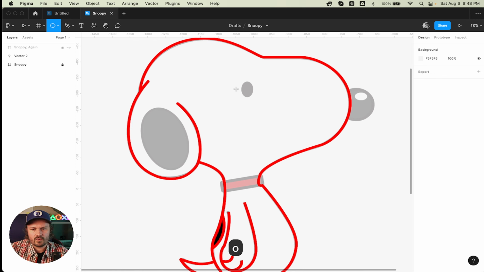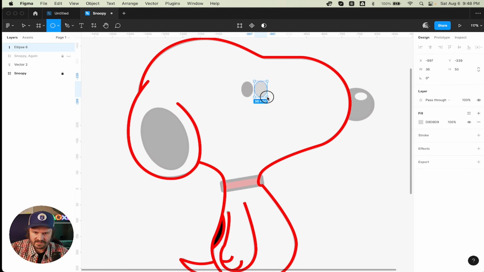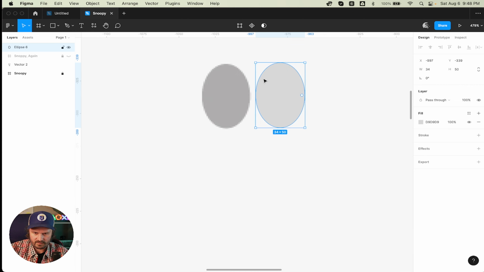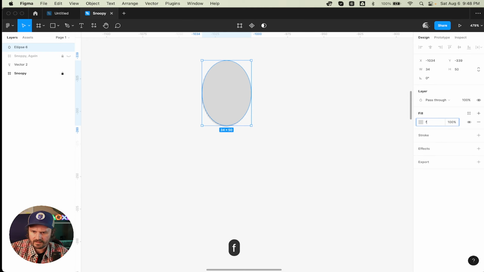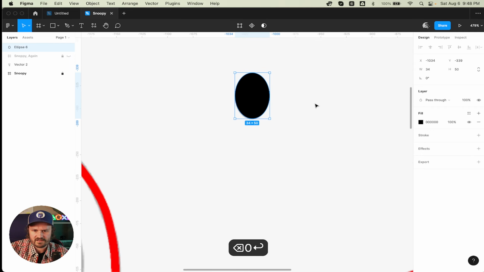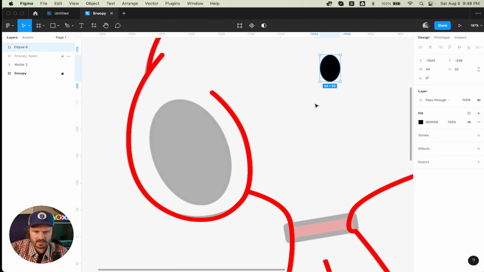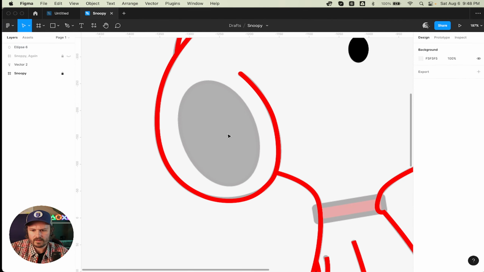I will press O to select my ellipse tool, and I'm going to draw it off to the side first. I want to make sure I get the height correct. Let's see here. Actually, yeah, dead on. And so I'll put it there. Change the fill to jet black or pure black, and then we have another ellipse here for the ear,